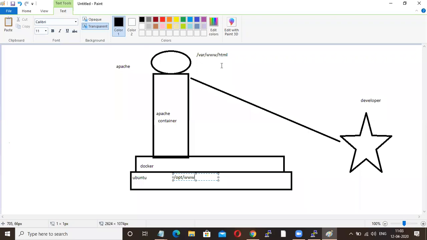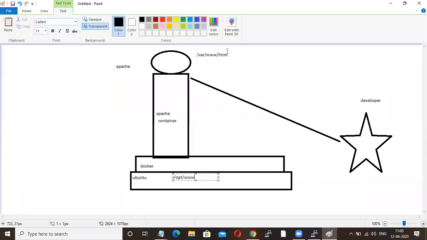I guess everyone would have understood this session. Again, I'll explain. This is your Ubuntu machine where you have installed Docker. Then your Apache container is running. Now your developer is asking access to this path. Why? Because I guess everyone, 71 people attending, knows the importance of this path.